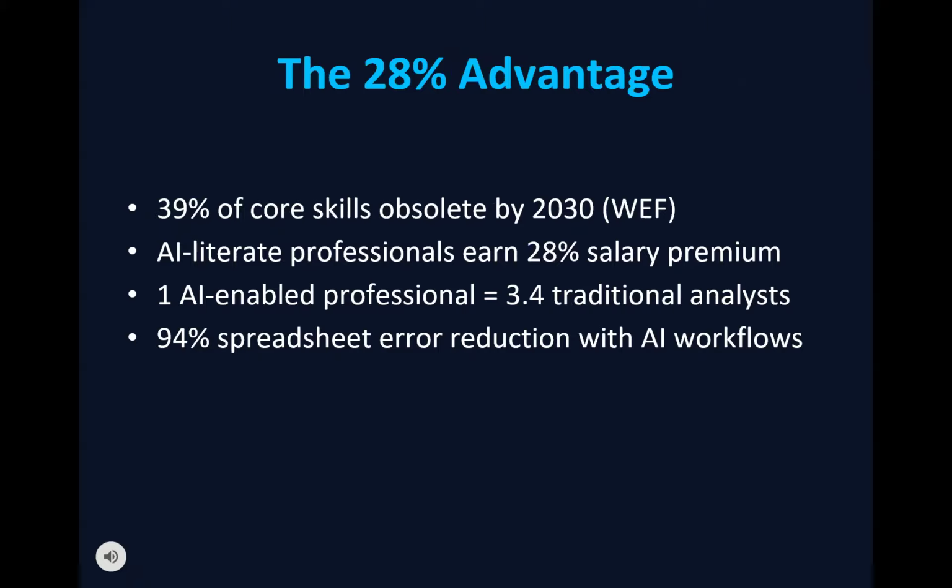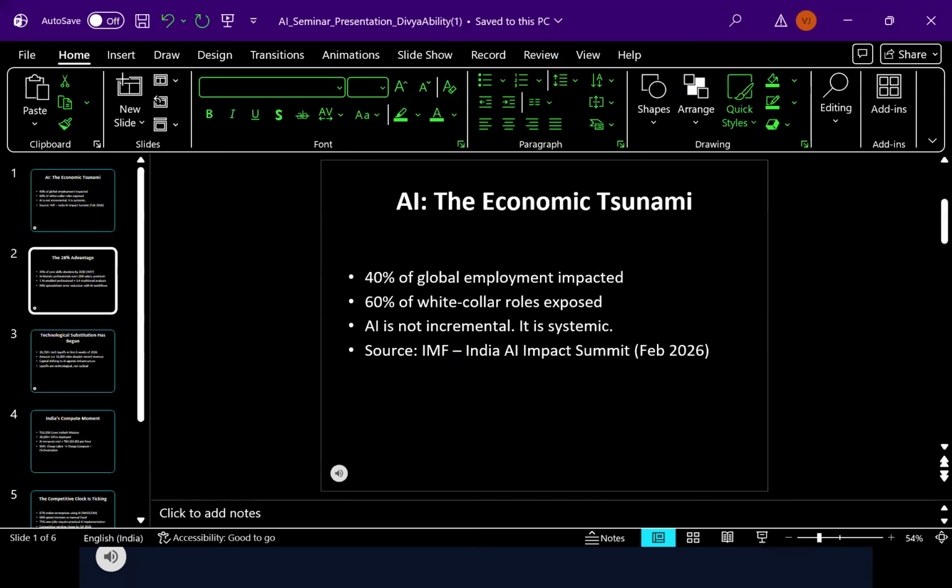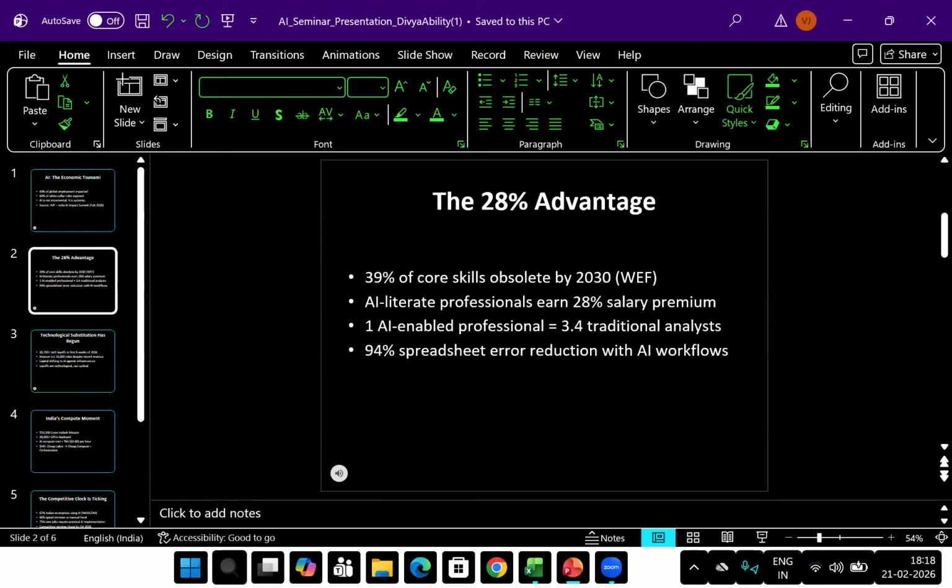Slideshow. AI seminar presentation DivyaAbility 1 PowerPoint slide 2 the 28% advantage slide view